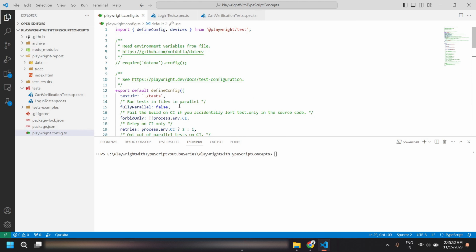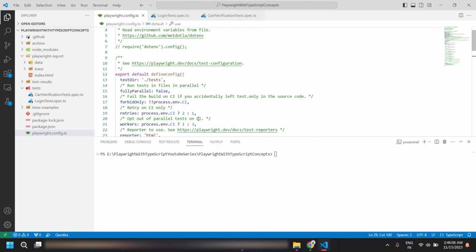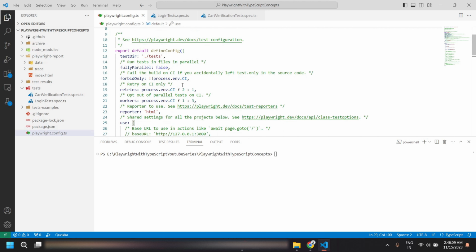Okay, so here in this Playwright configuration file, there is the first way which I will be explaining: how we can generate the HTML report with other options like screenshot, video, trace viewer, and the retries thing. Okay, so here about this